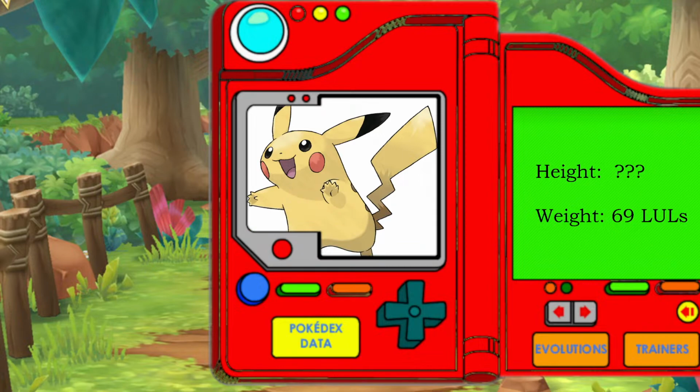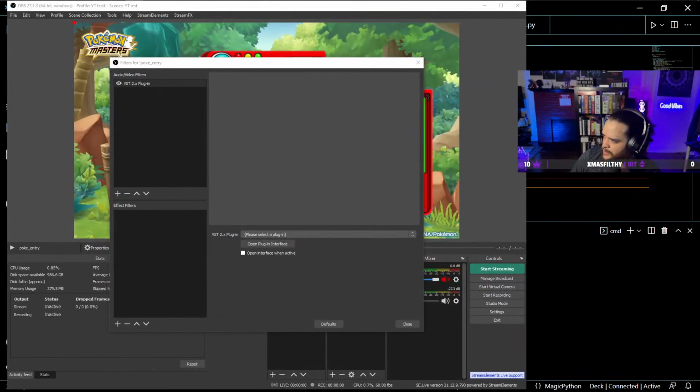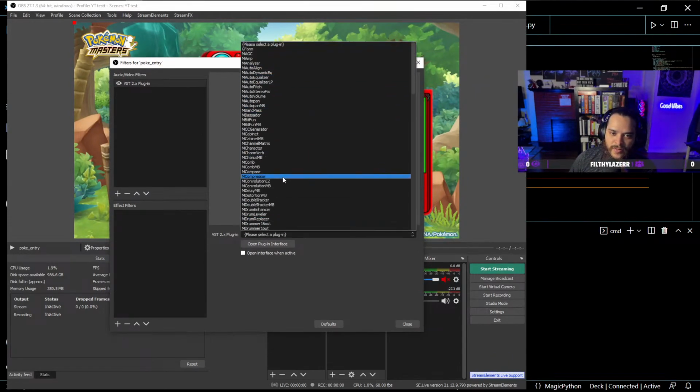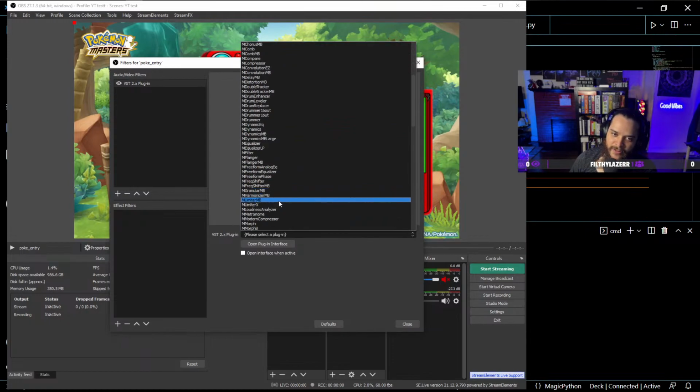Properties. Filters. There we go. I should be able to do that from here. Yep. Filters. Okay. So the first filter is what is called, as you can see, I have an absolute insane number